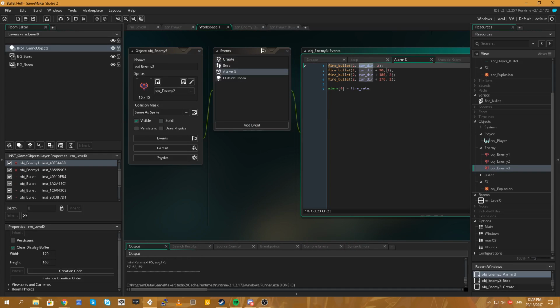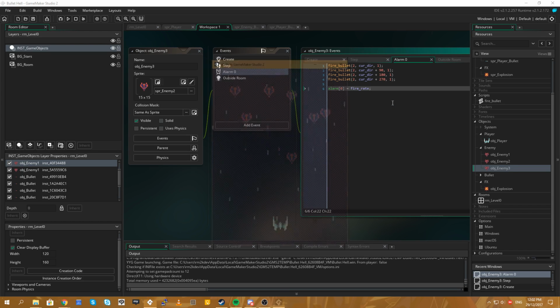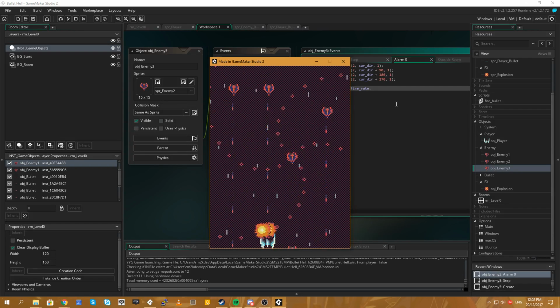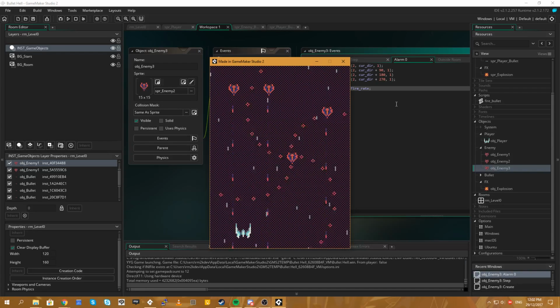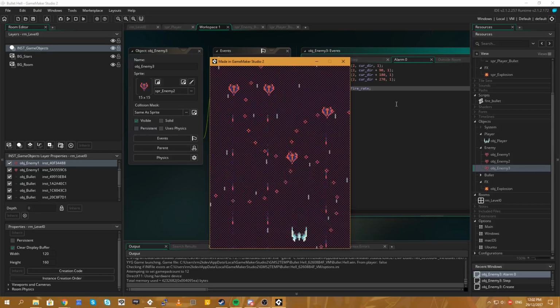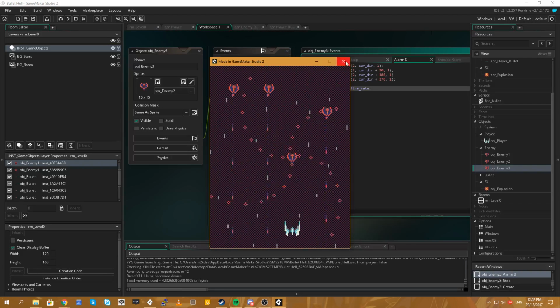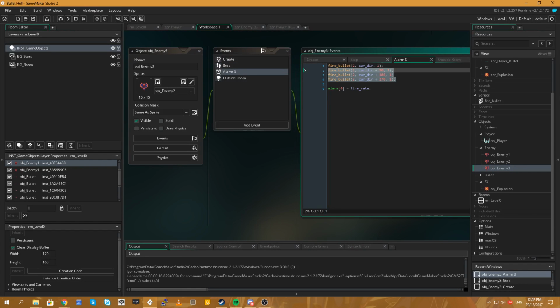Now I think that the bullet speed is probably too fast for that guy. The fire rate is good, but the speed at which the bullets travel is way too fast. So we'll adjust that, and we'll have a look. There we go. That looks like some bullet hell mechanics to me. All right, so we have some guy who's shooting bullets now. Kind of cool. We'll save these here for our next ones.